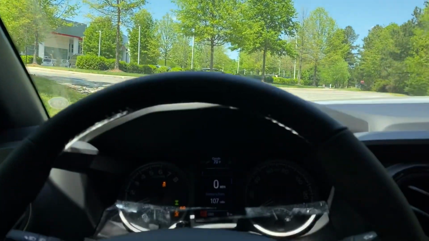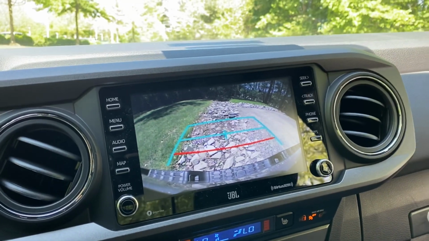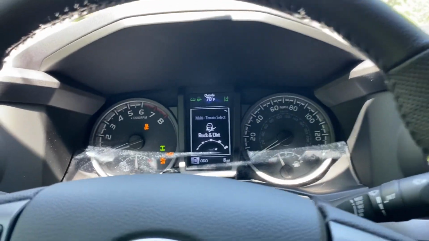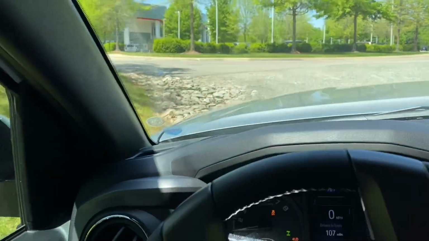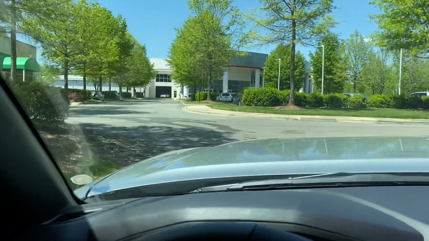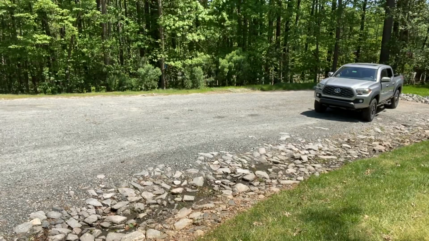We're gonna go up some rocks. So as you can see, this is what we're encountering right here. So we might have some wheel spin. Let's put it onto rock and dirt. See how we do. Doing just fine. If there is any wheel spin,